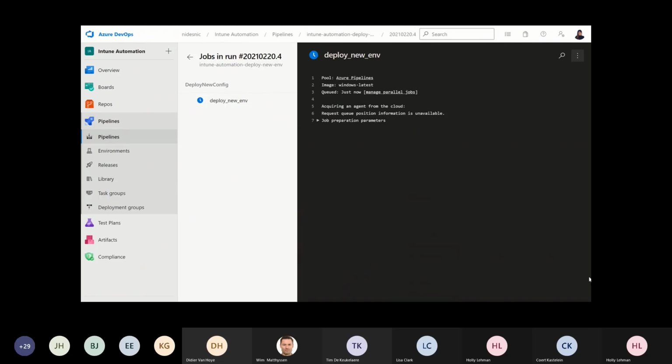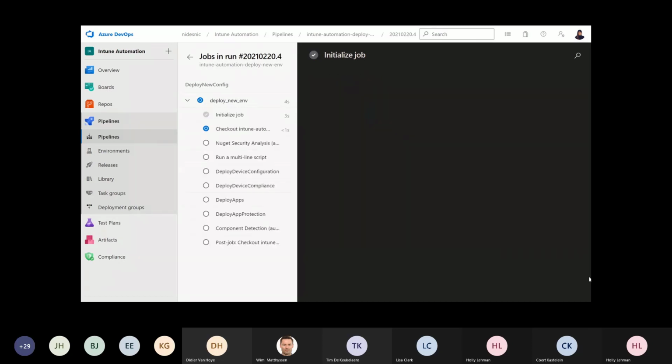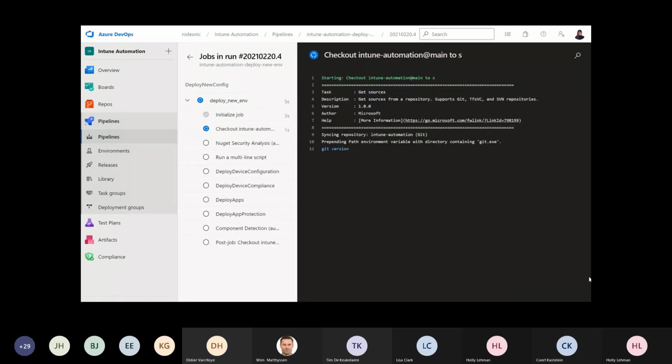And you are going to see how this executes in the backend and what we are executing. So I'm deploying the new environment, which means I have a couple of categories. There are four things that I'm doing here. I'm deploying first device configuration, I'm deploying then device compliance, then I'm deploying apps, and finally I'm deploying app protection